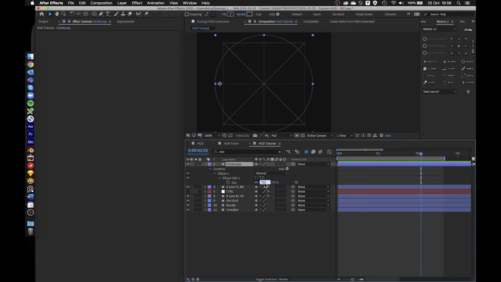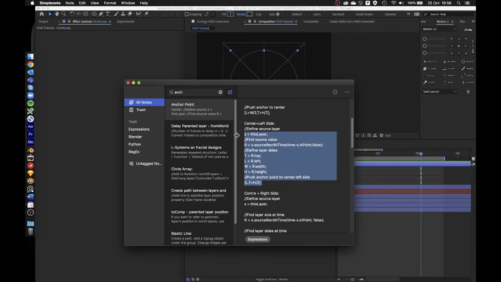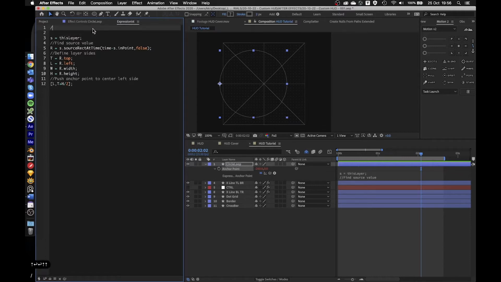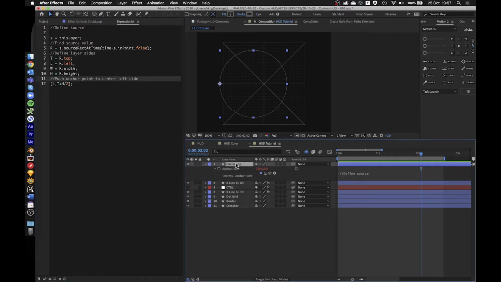So what you want to do is to shift this anchor point to the side of this layer, right? So there's an expression for that. It's similar to the expression we used before. So what you want to do is define this layer. Actually, let me just do that. There you go. So we're defining this layer's values at a time, right, from the endpoint. Now define the layer side, so top, left, width, and height. And using these values and this one, like so, we can just push this to the left-hand side and that's in the center, right? So now if I check,